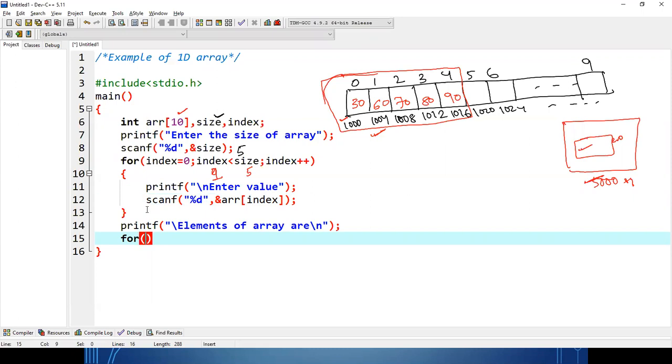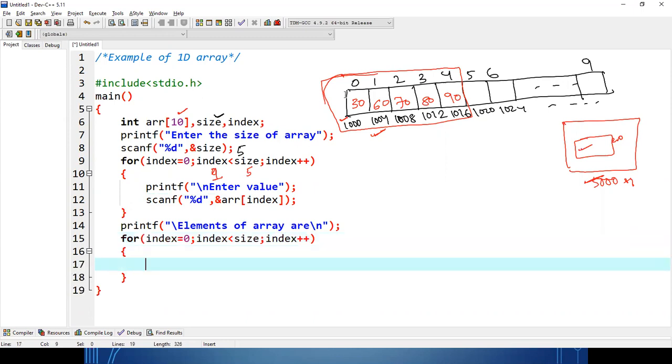If I write it inside the for loop, it will be printed repeatedly. Whenever I want to print the values of a 1D array, I have to start from index 0, and the last index will be less than size. The slash t I have given only for spacing.